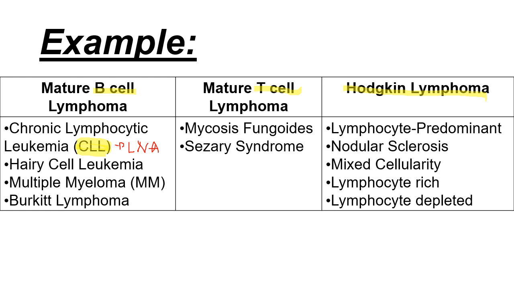So, babalikan din natin si hairy cell, multiple myeloma or MM, and Burkitt's lymphoma. Recall natin anong type of ALL si Burkitt's lymphoma. It is type L3, which has large and homogeneous type. Okay, next tayo with